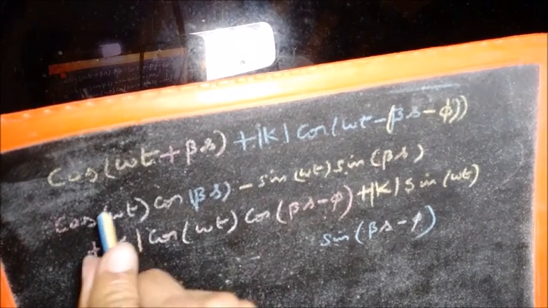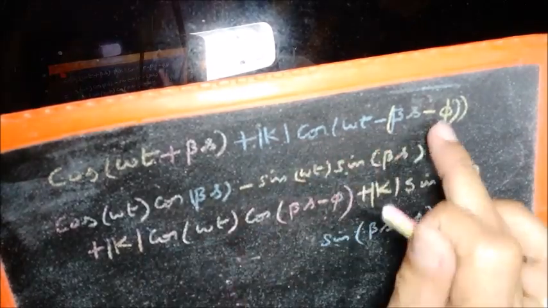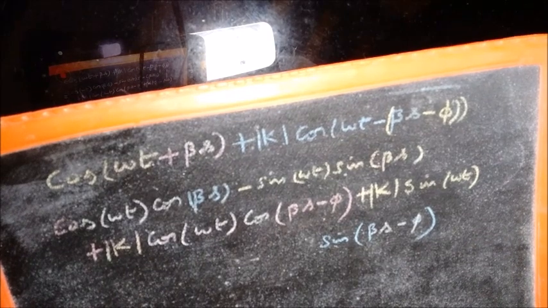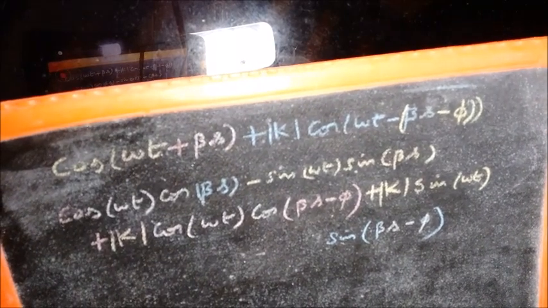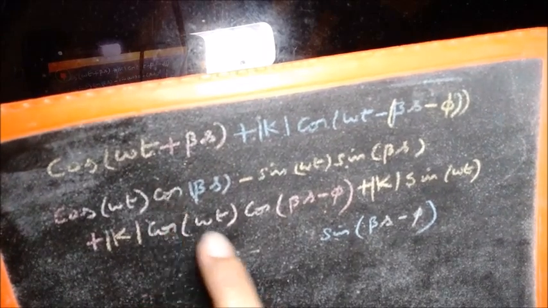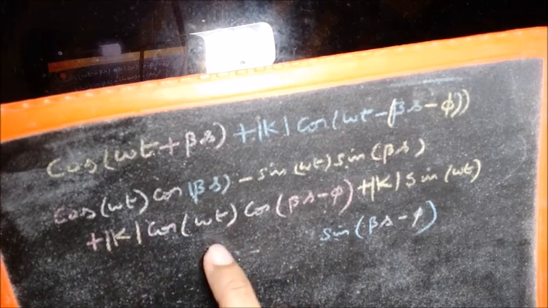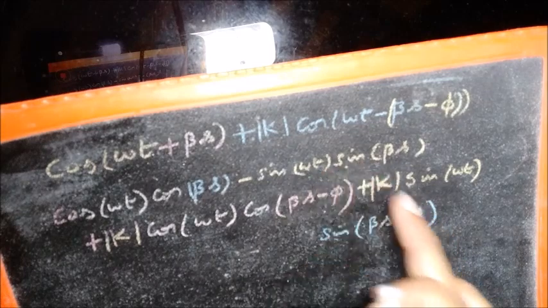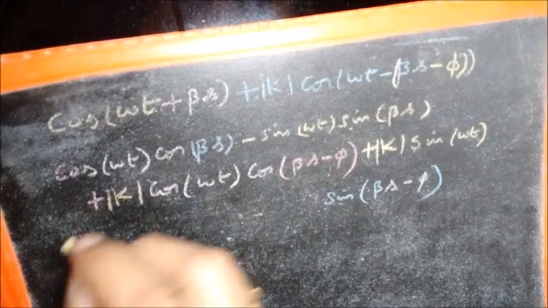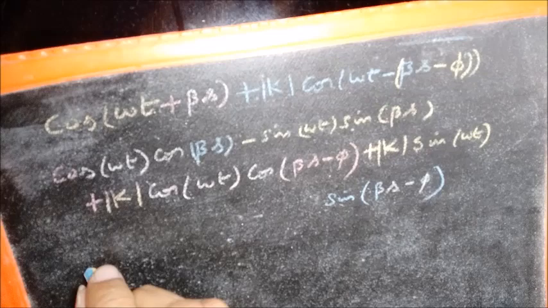So let me just check it once. This is cos(A plus B). I get it like this, and this k is appearing throughout. I expand this. Cos(A minus B) is cos A cos B plus sin A sin B. Now we can see that we can group these two terms, in the sense cos omega t is a common factor here, and similarly we can group these two terms and sin omega t becomes a common factor here when you group them. Or rather, I will take cos omega t as a common factor from this, and I will end up getting